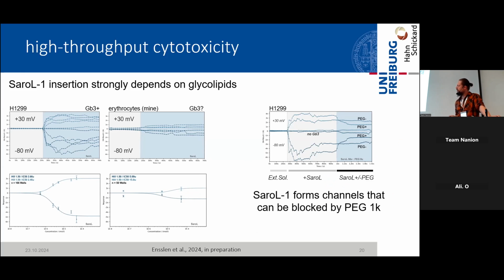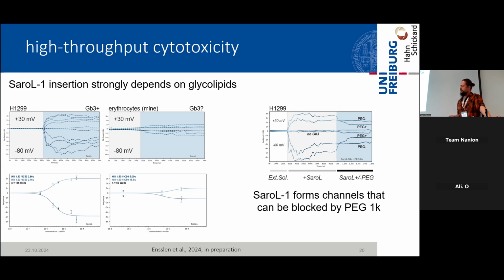And I'm actually quite happy about this because those were my erythrocytes, and this H1299 is a cancer cell. So, thank God. And in order to make really sure that we have pores and not just a leak, we started to block the pore. What we did here is we added polyethylene glycol. At the very moment when we added the polyethylene glycol, the overall current went down, so the resistance went